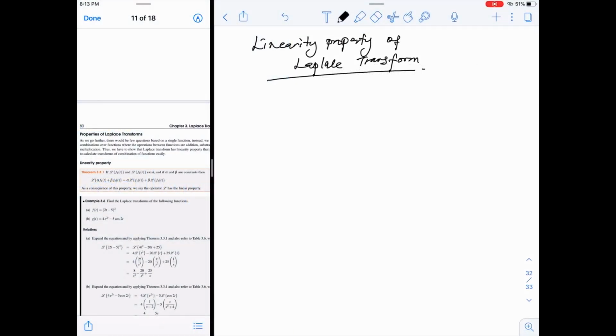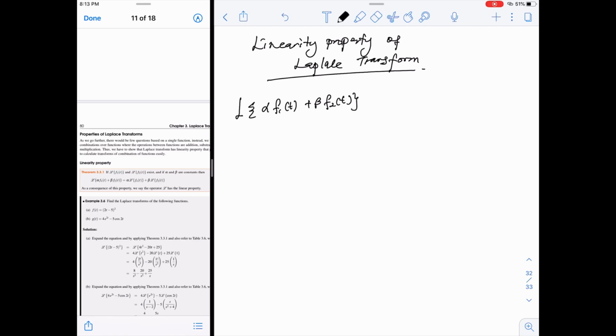Okay class, now let's proceed to the properties of the Laplace transform. The first one is the linearity property. The linearity property states that if you have two functions, then you want to Laplace that function. For example, you have the combination of the functions f1 and f2, and then you